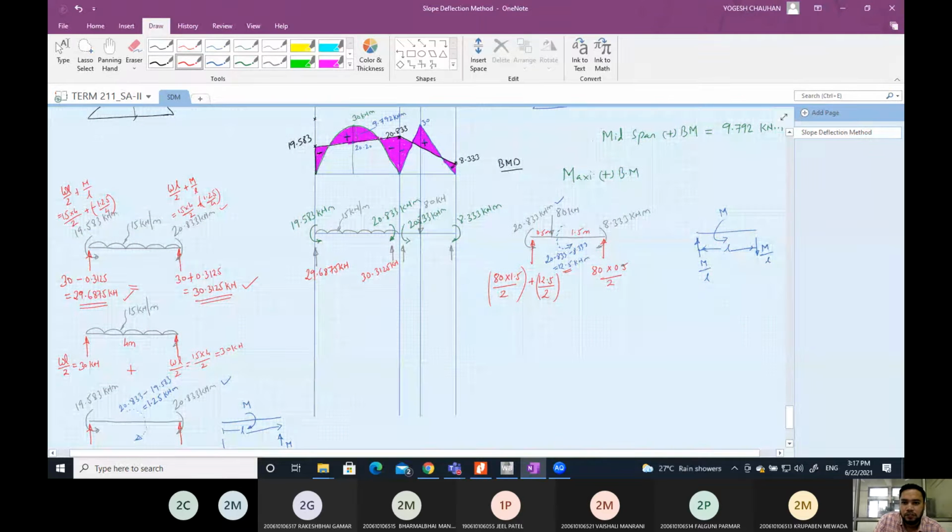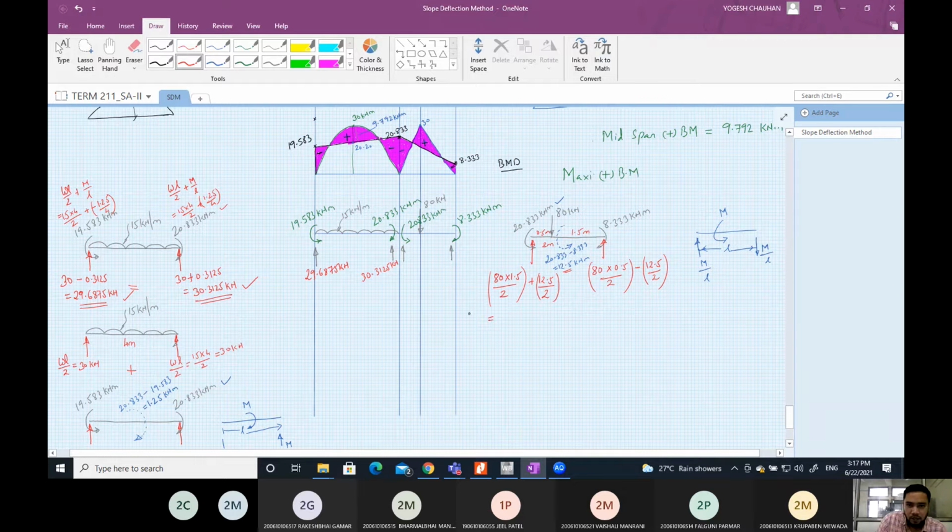So this is due to the fixity. Similarly here it will be minus, because this is in downward direction. 12.5 divided by 2. 2 is the span, 2 meter is the total length of the beam. So finally your reactions will be 80 into 1.5 by 2 plus 12.5 by 2. So that will be